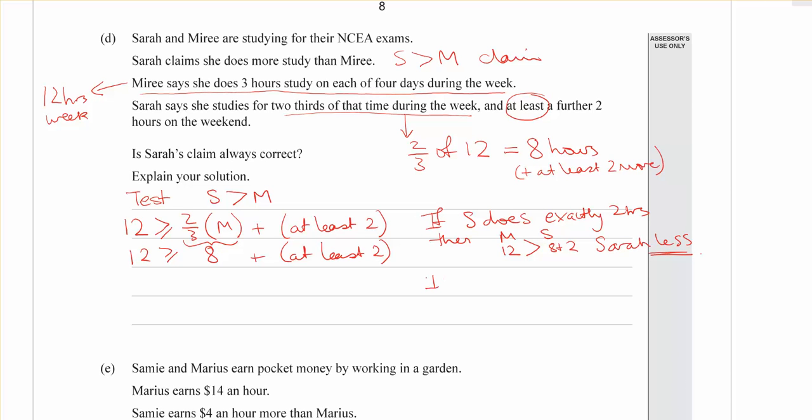We're going to run out of room here. If S does more than 4, let's think about that. So M does 12, 8 plus. Now if she does exactly 4, that would be 12 and they'd be equal. But if she does more than 4, we'll call it 4 plus, then that would be bigger than 12. So if Sarah does more than 4, then yes,